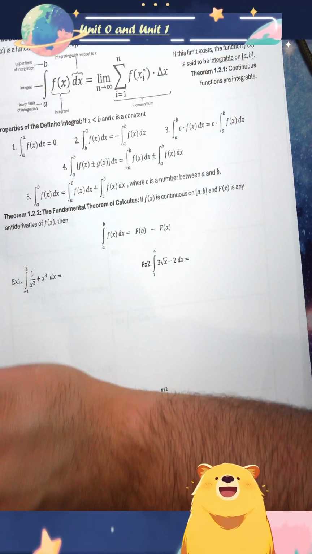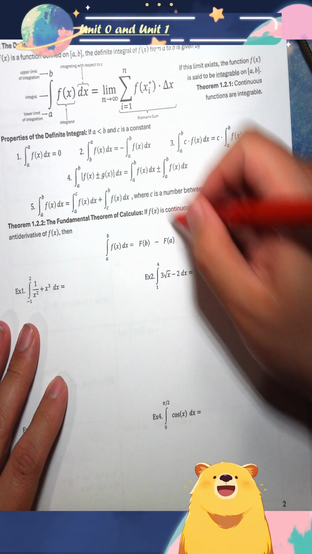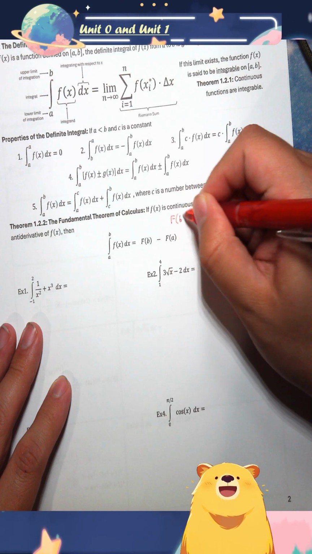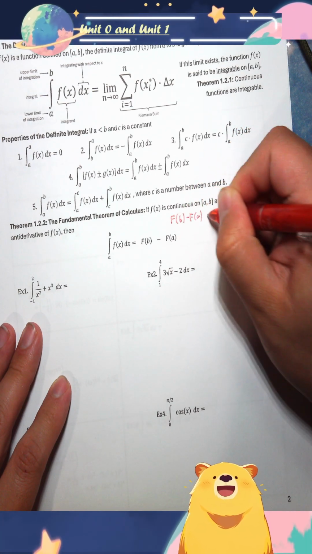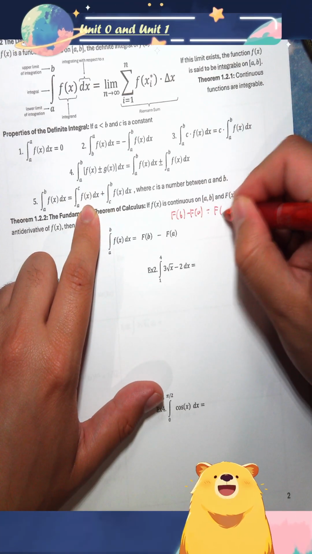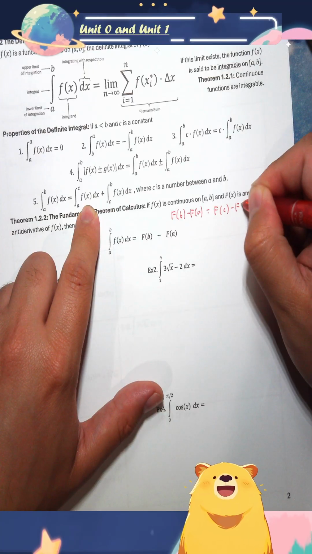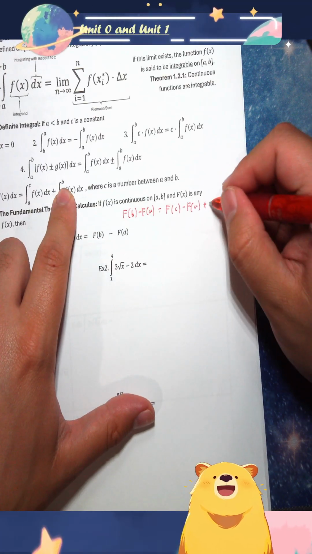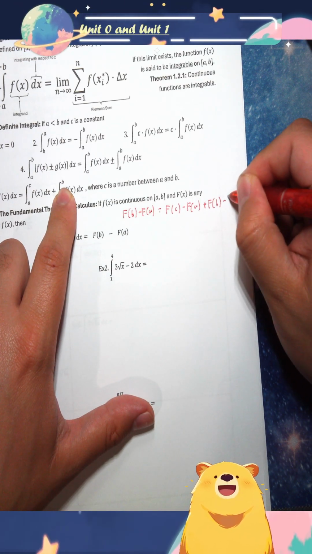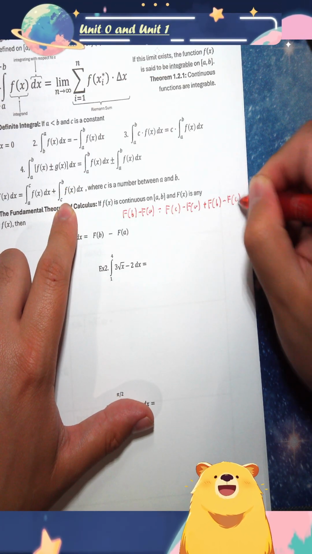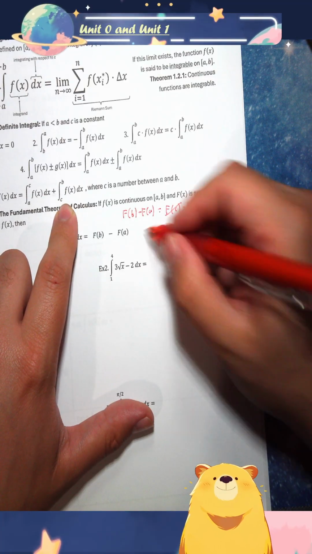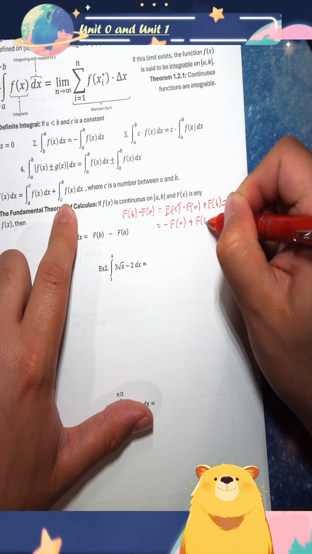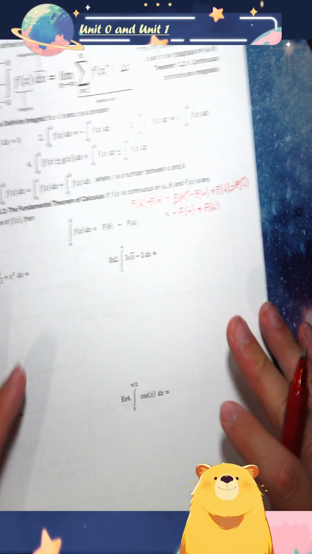For fun, that's like a little side quest. If you want, you can prove that these are equivalent. If you do the left-hand side, you get f of b minus f of a. If you do this, you get f of c minus f of a plus, if you do this, you get f of b minus f of c. The c's will cancel out, and then you have negative f of a plus f of b, which is the same thing as saying this. Okay,